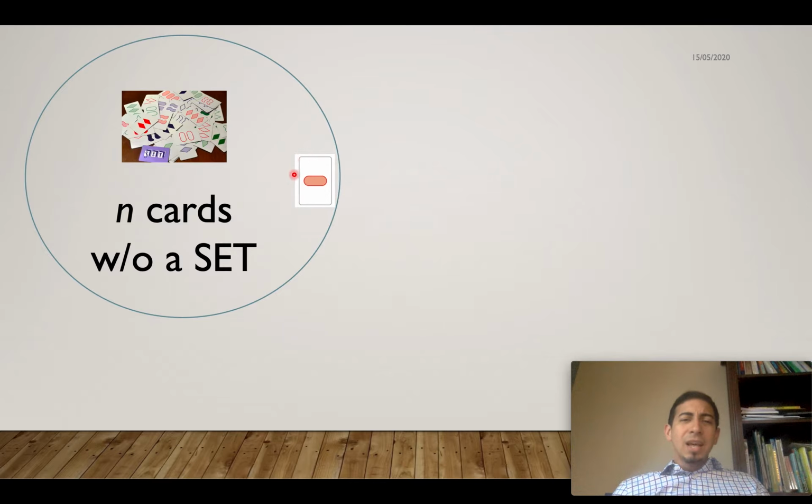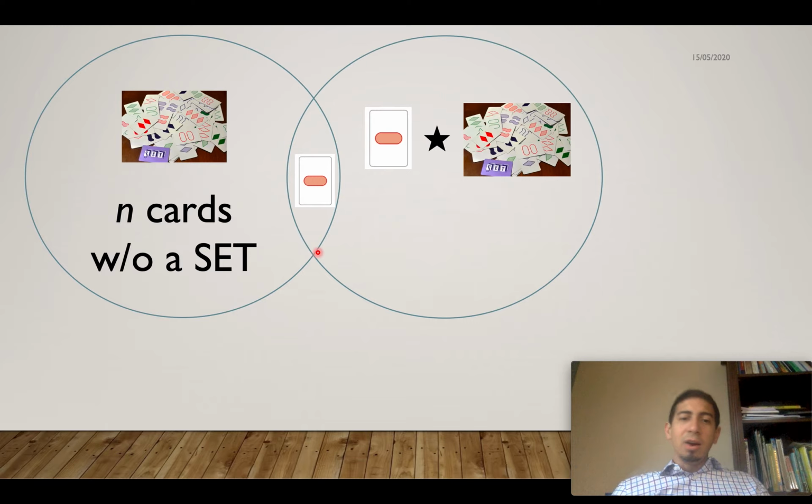And let's say that I choose one card from those n ones. It doesn't matter which one. So let's say that it was this one. This is what I'm going to do with that card. I'm going to create a second collection of cards. And the way that I'm going to create it, using a slightly abusive notation, is I'm going to take all the n cards in this collection of cards, and I'm going to star them with this chosen card that I